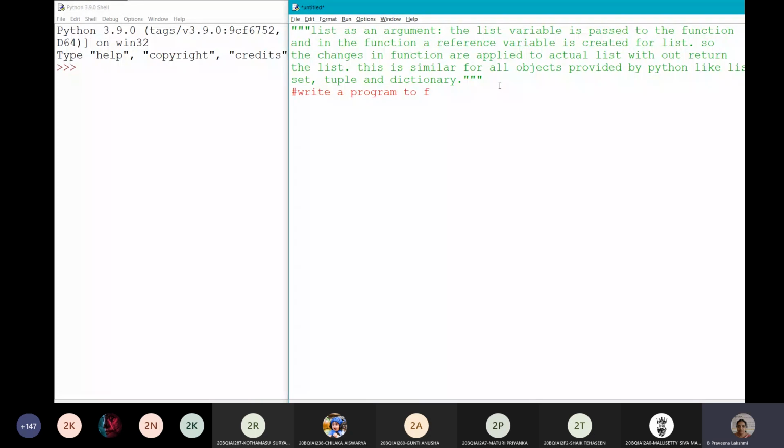To find the square root of list elements and list values.